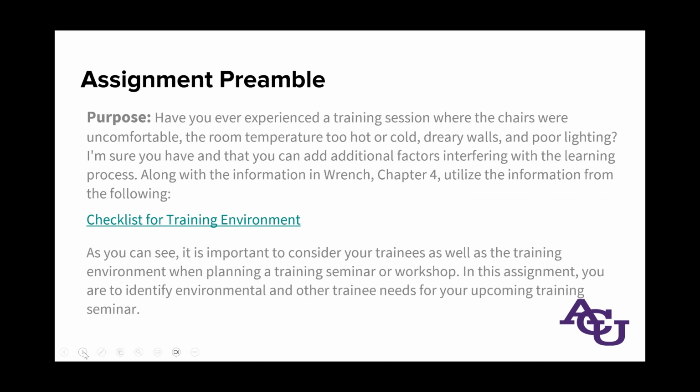Purpose. Have you ever experienced a training session where the chairs were uncomfortable, the room temperature too hot or cold, dreary walls, and poor lighting? I'm sure you have, and that you can add additional factors interfering with the learning process. Along with the information in Wrench, Chapter 4, utilize the information from the following. This resource is called Checklist for Training Environment, which we will look at in a little while. As you can see, it is important to consider your trainees as well as the training environment when planning a